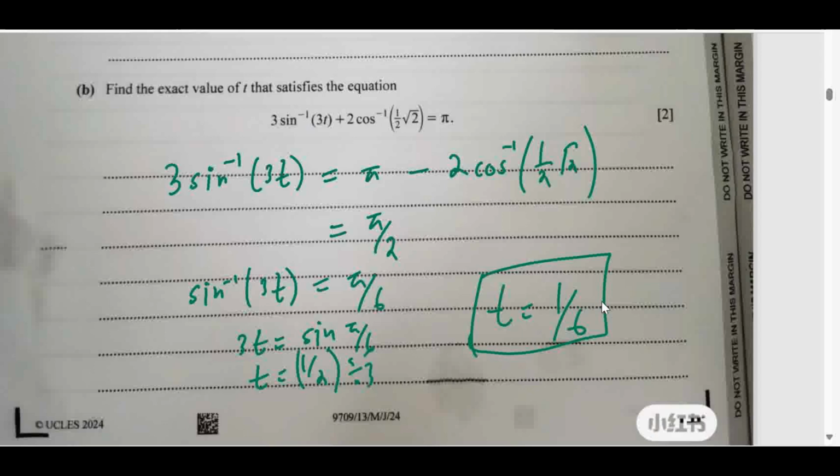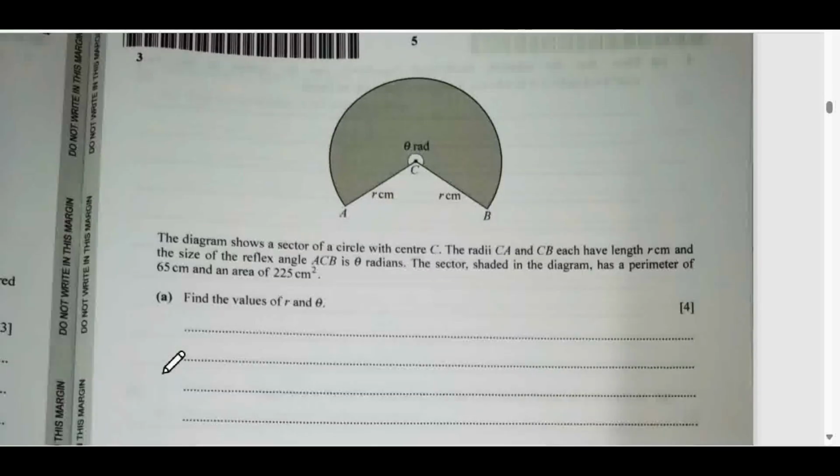So this will be the final answer. अब अपने आंसर को वेरीफाई भी कर सकते हैं, जस्ट t को उसमें पुट करें, आप अपने आंसर को इजीली वेरीफाई भी कर सकते हैं। लेट्स मूव टू द नेक्स्ट क्वेश्चन, क्वेश्चन नंबर 3।